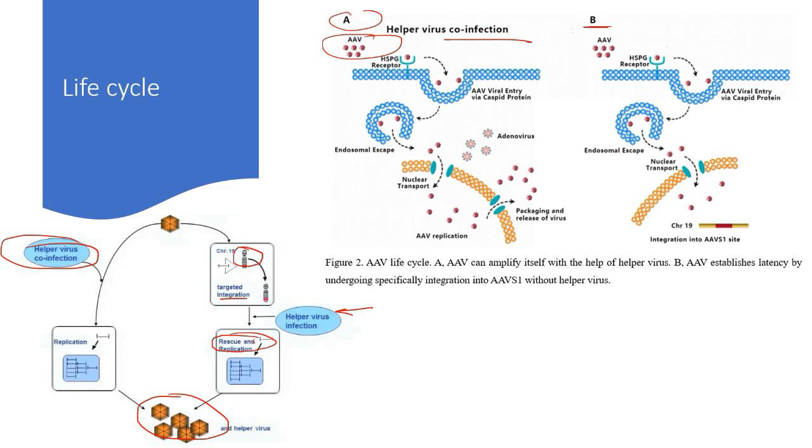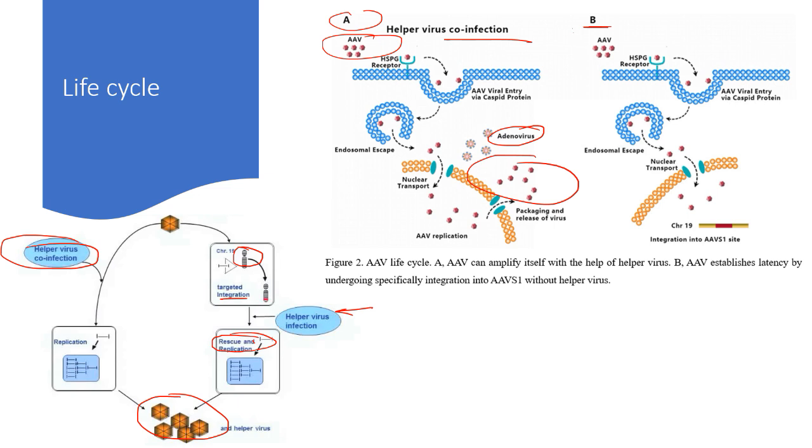Then this adeno-associated virus will migrate inside the nucleus via the nuclear transporter, and then if adenovirus infects that same host cell, inside the nucleus they start building up DNA replication and also transcription of specific target genes, which will be translated into proteins later on, which will package the adeno-associated viral genome inside the adeno-associated viral capsid, and then it will come out. Okay, this is how it works. This is the overall idea of how adeno-associated virus works.